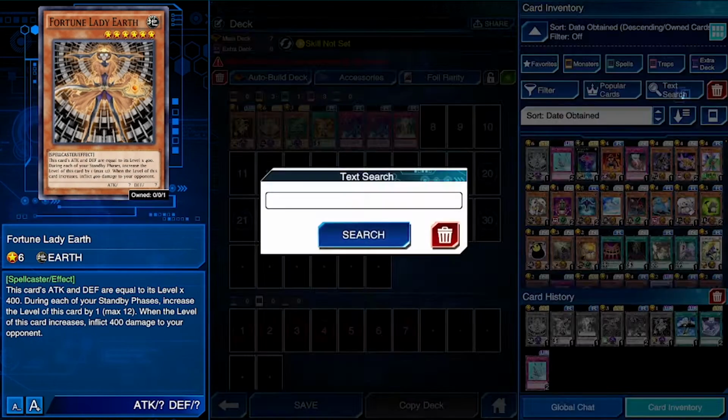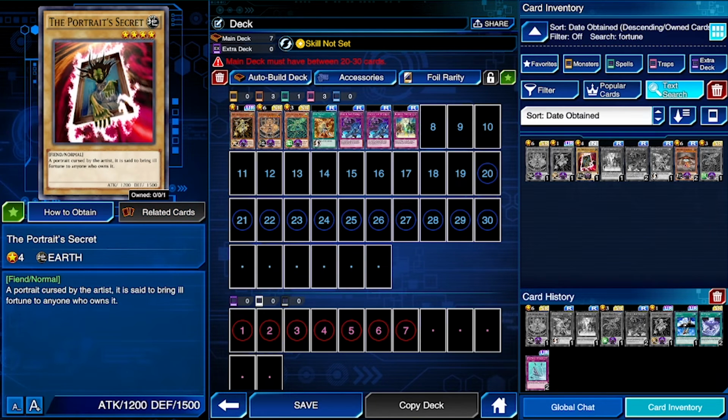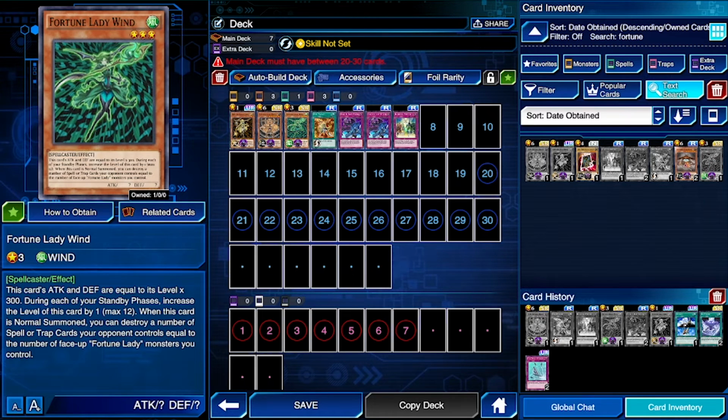So I'm just gonna do one last search here. Go ahead for Fortune, and let's see, what else do we have here? We have the Portrait Secrets. This obviously isn't a Fortune Lady card. And we have Fortune Fairy Chi, right? So I'm not sure if I want to make this a Fortune Fairy or a Fortune Lady. Right now we have a bunch of Fortune Lady cards, so I'm probably going to keep this a Fortune Lady deck, right? So right now we're missing Fortune Lady Wind, so I want to have 3 copies of each, right? So what I'm going to do...